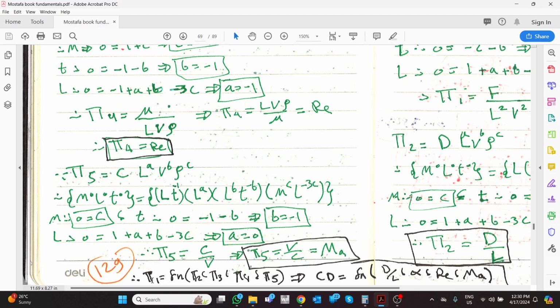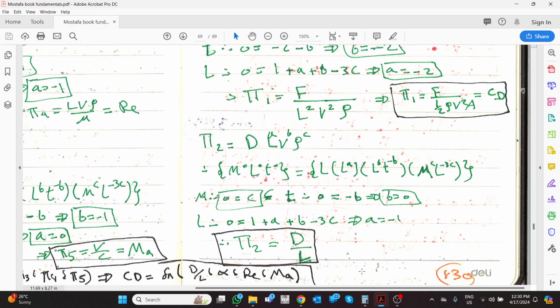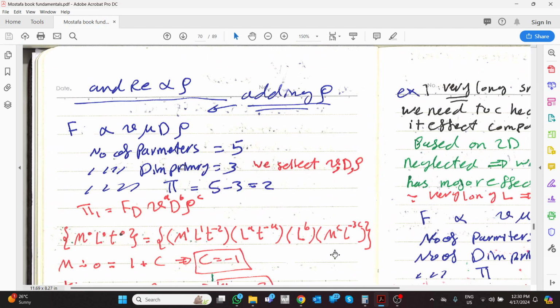Okay, so pi 1 is a function of pi 2, pi 3, pi 4, which means the drag coefficient is a function of the characteristic shape factor: the diameter to L ratio, alpha the angle, the Reynolds number, which involves the speed, the viscosity and density, and the Mach number. Okay, all of this is affecting this one. And as we agreed before,